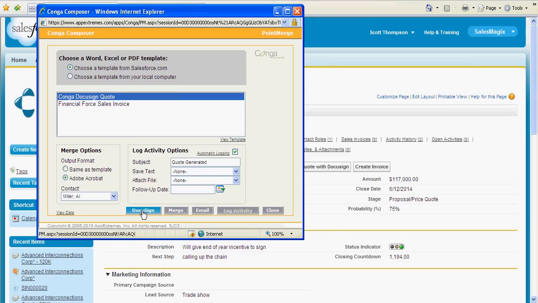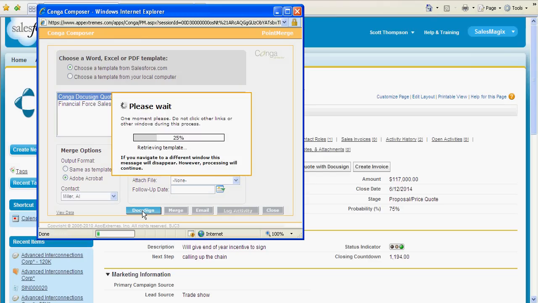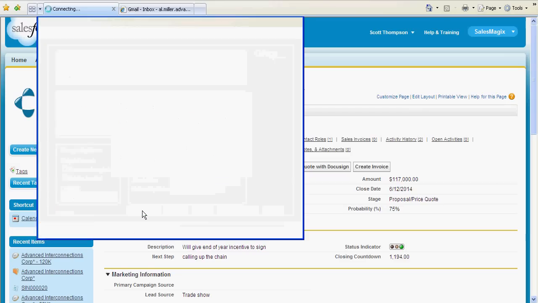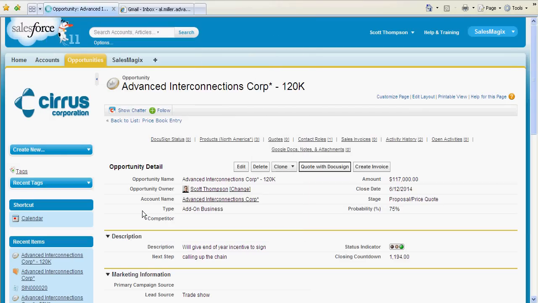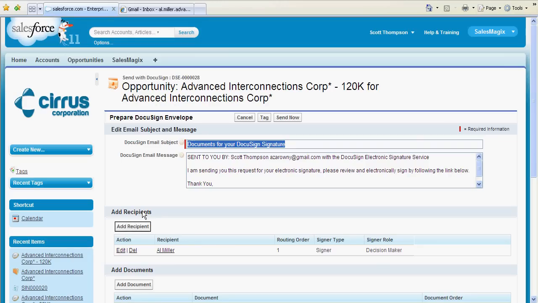So I'm going to send this out, but of course we don't want to email this, or we don't want to have to fax it. I'd like to use DocuSign to actually take this document and sign it online. And again, bearing in mind we're just looking at this through a browser, all of this can be done through mobile devices like iPads. So I'm going to generate this particular quote, and we can see that we have a